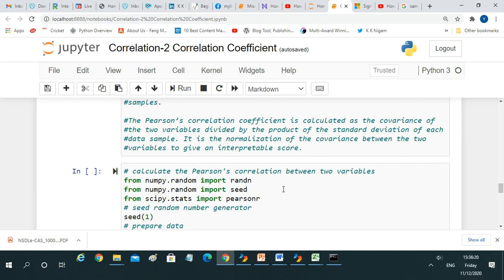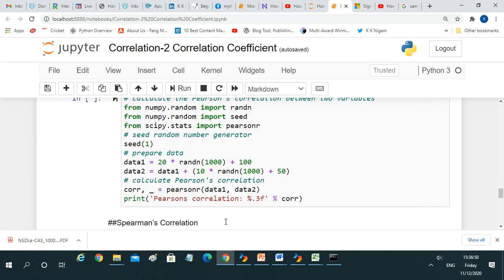So calculate the Pearson's correlation between the two variables. Again we import random and seed, and SciPy is a new library. From scipy.stats, which is for the statistical calculations you need to do, this is the sub library. Import pearsonr is the correlation, and Pearson is the name of the method that we are going to use here. So seed the random number generator, seed 1, prepare data,